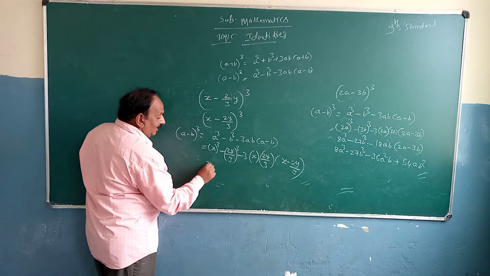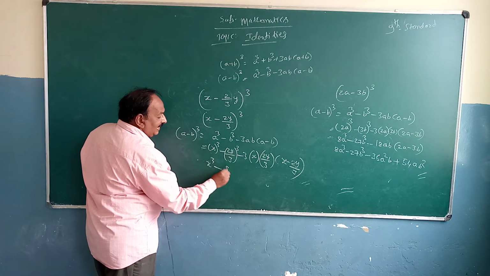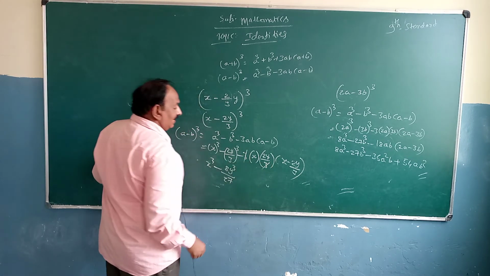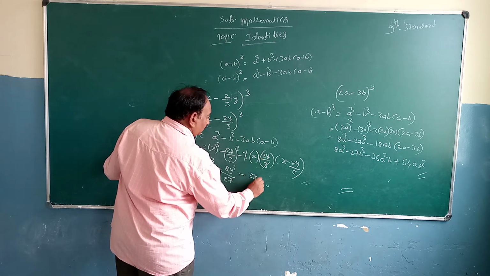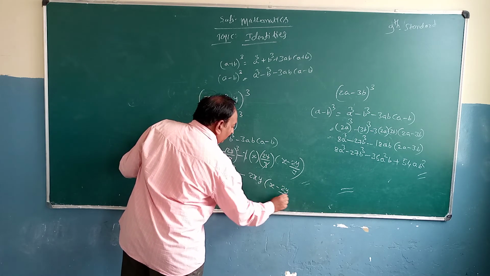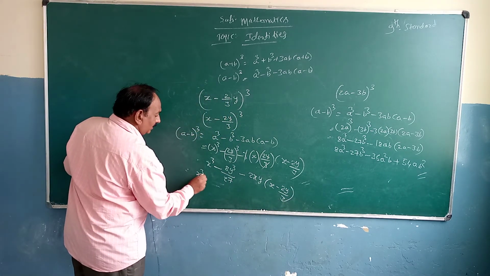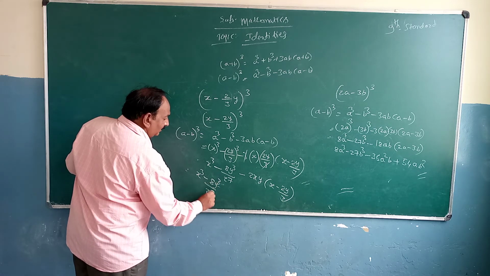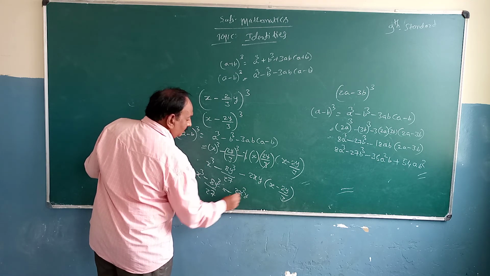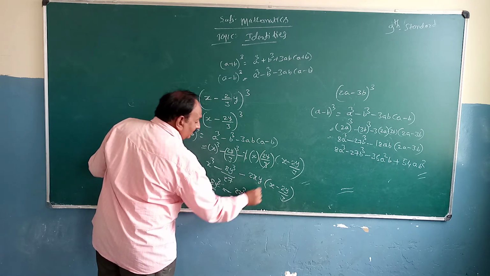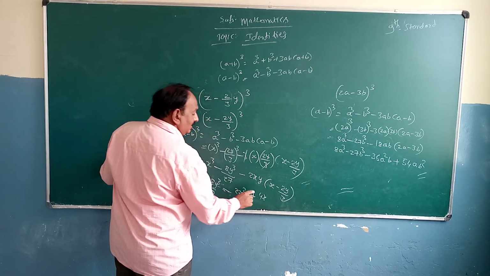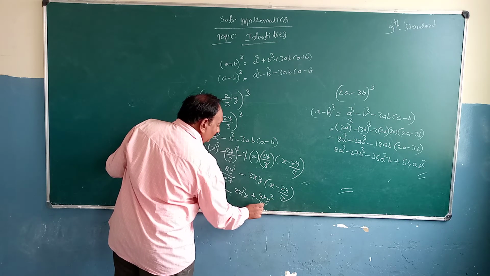X is multiplied by 3 times, x cube, 2 2s are 4, 4 2s are 8 y cube by 3 3s are 9, 9 3s are 27. 3 and 3 cancel, minus 2xy, 2y into x, 2xy into x minus 2y by 3. X cube minus 8y cube by 27, plus into minus minus 2x square y, 2x into x, x square y, minus into minus plus, 2 2s are 4, x as it is, y into y square by 3.